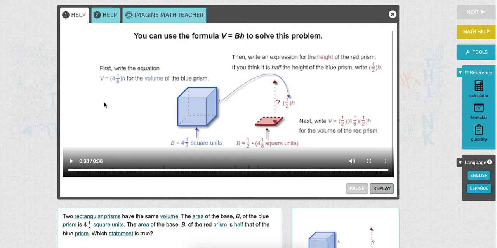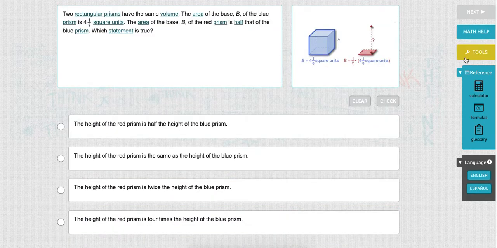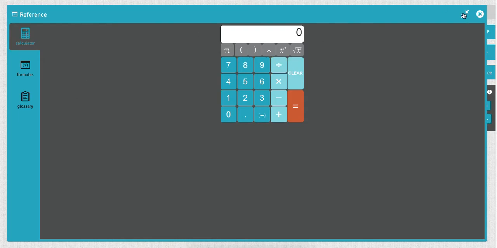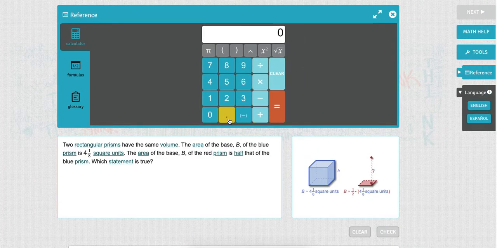So when I do this, I'm going to use my calculator. I am going to do 0.5, which is the same as 1/2, times, well, actually, I'm going to start over for a second, because I don't know what 1/8 is, so I'm going to do 1 divided by 8 to get what that is. So 1/8 is the same as 0.125. That means that my 4 and 1/8 is 4.125. And I'm going to multiply that times 0.5